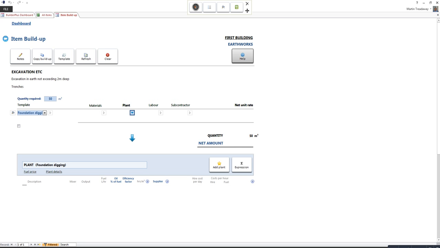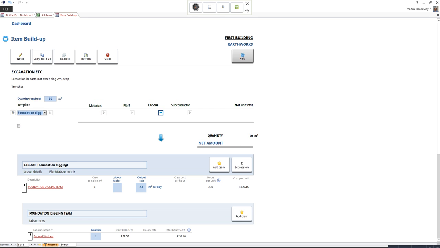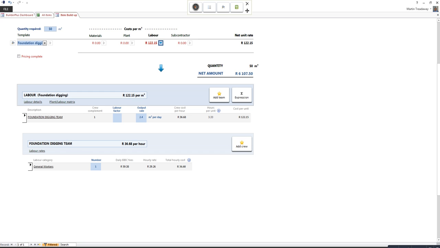So you have a foundation digging team of, let's say, we can change that to 2 general workers. Click that pencil, update it, and let's say they can collectively do 6 cubic meters per day. The cost per cubic meter is 97.82, and that is basically how you price any of the items. Let's go back to item build-ups,